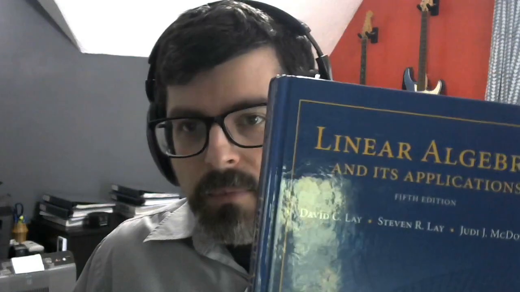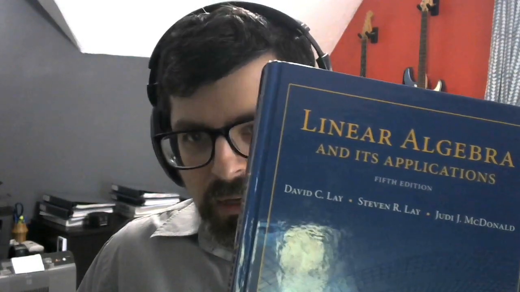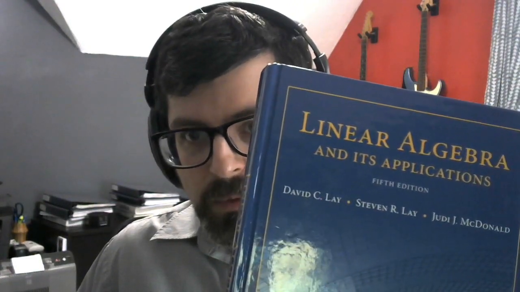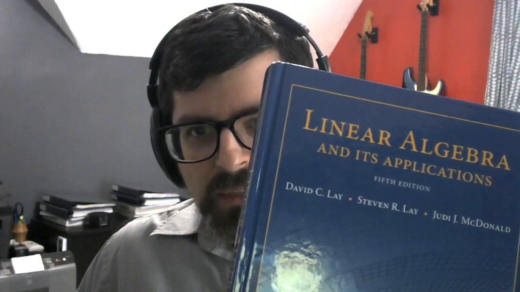Hi everyone. This is going to be a lesson for linear algebra on characterizations of invertible matrices. I'll tell you that for this lesson, we are going to follow along pretty closely with the textbook by Lay and McDonald. So I'm going to be referring to section numbers and theorem numbers, maybe even page numbers. I don't know, but we're going to follow along with this book, so you'll want to make sure you've got